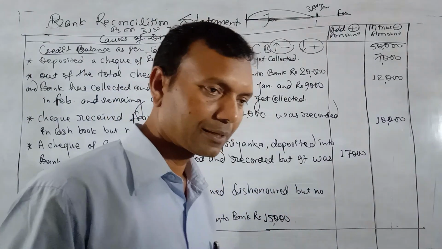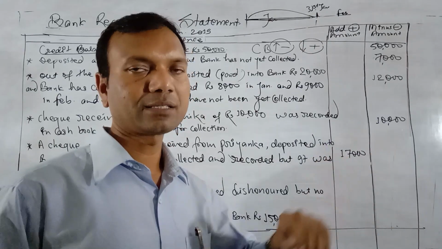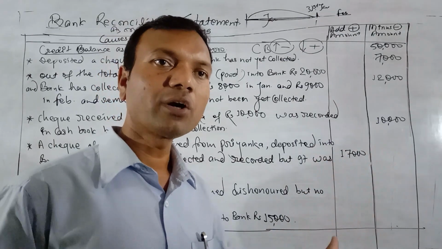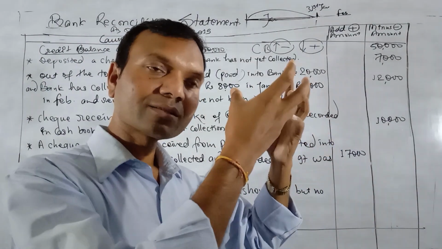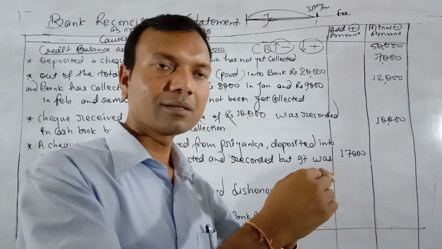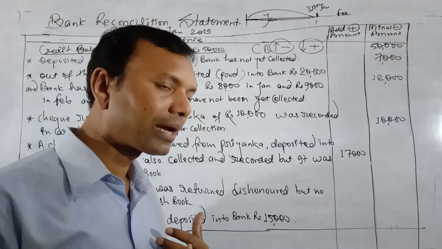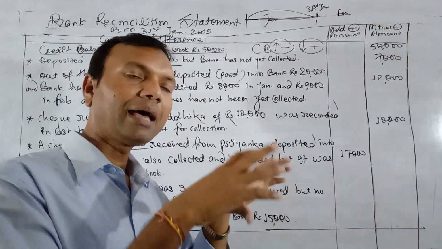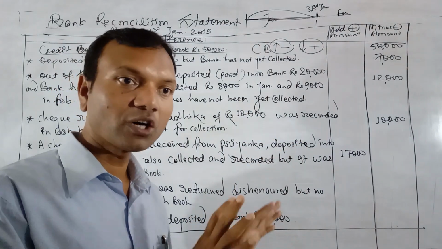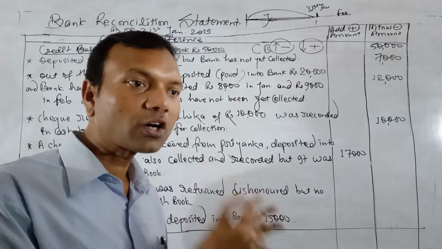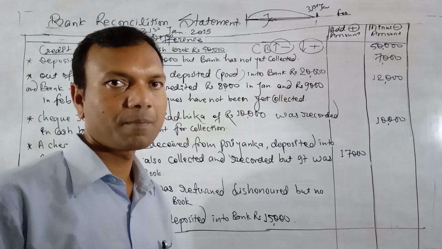Whenever we receive a check, we generally deposit it to the bank, and the bank makes the collection and records it in our account by crediting it. When the bank tried to collect the amount of the check, the related bank dishonored it, so the check is kept in the bank. The bank could not collect the amount because it was dishonored.